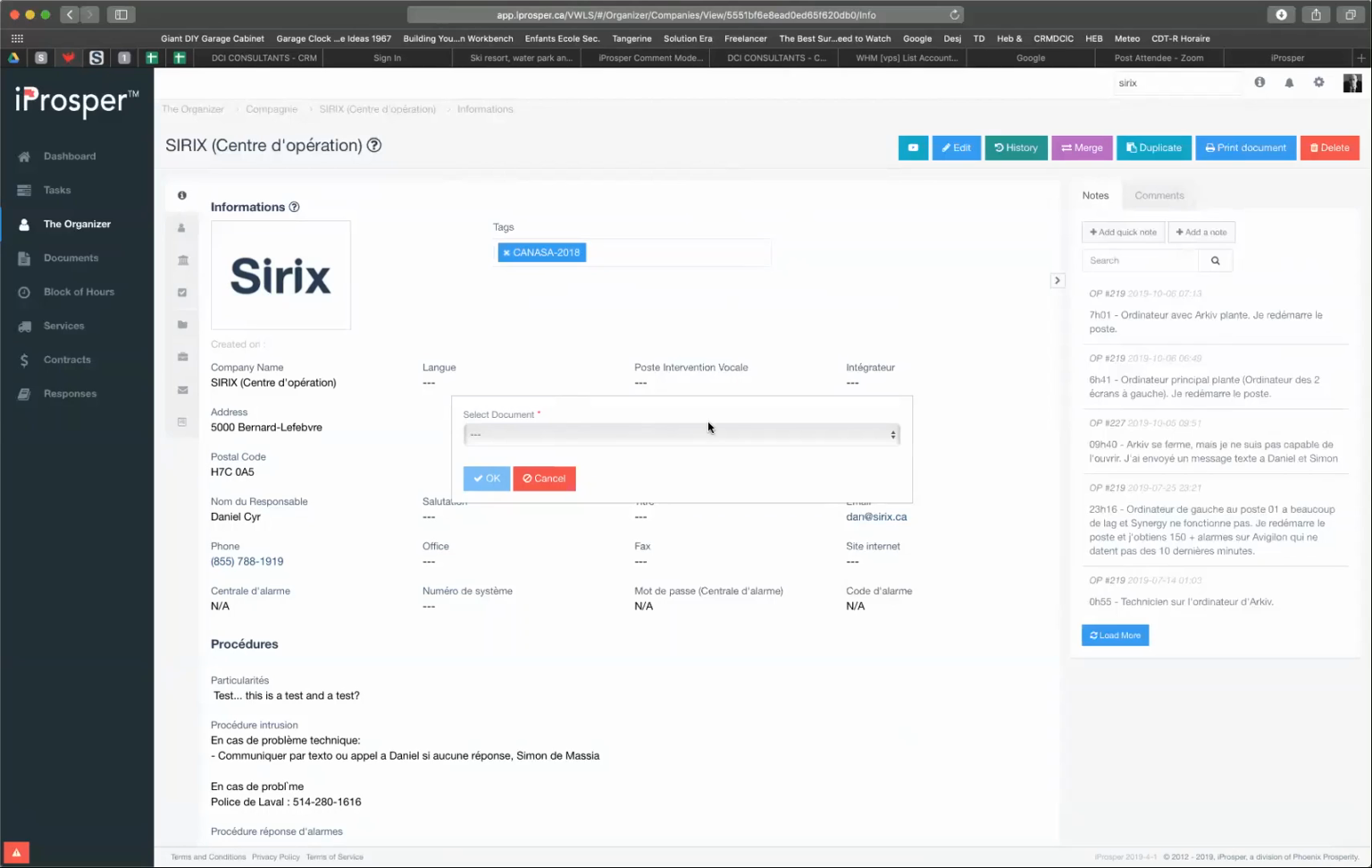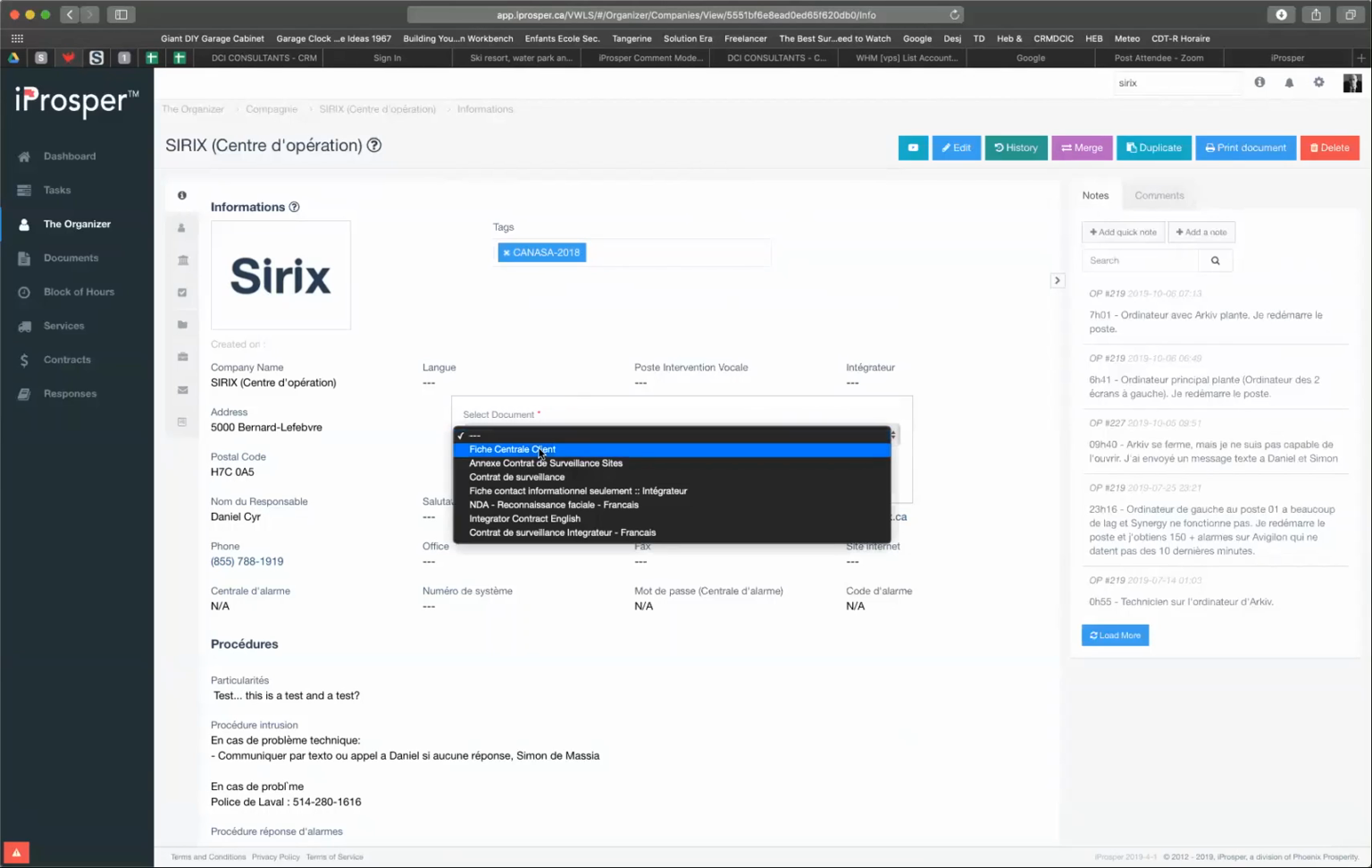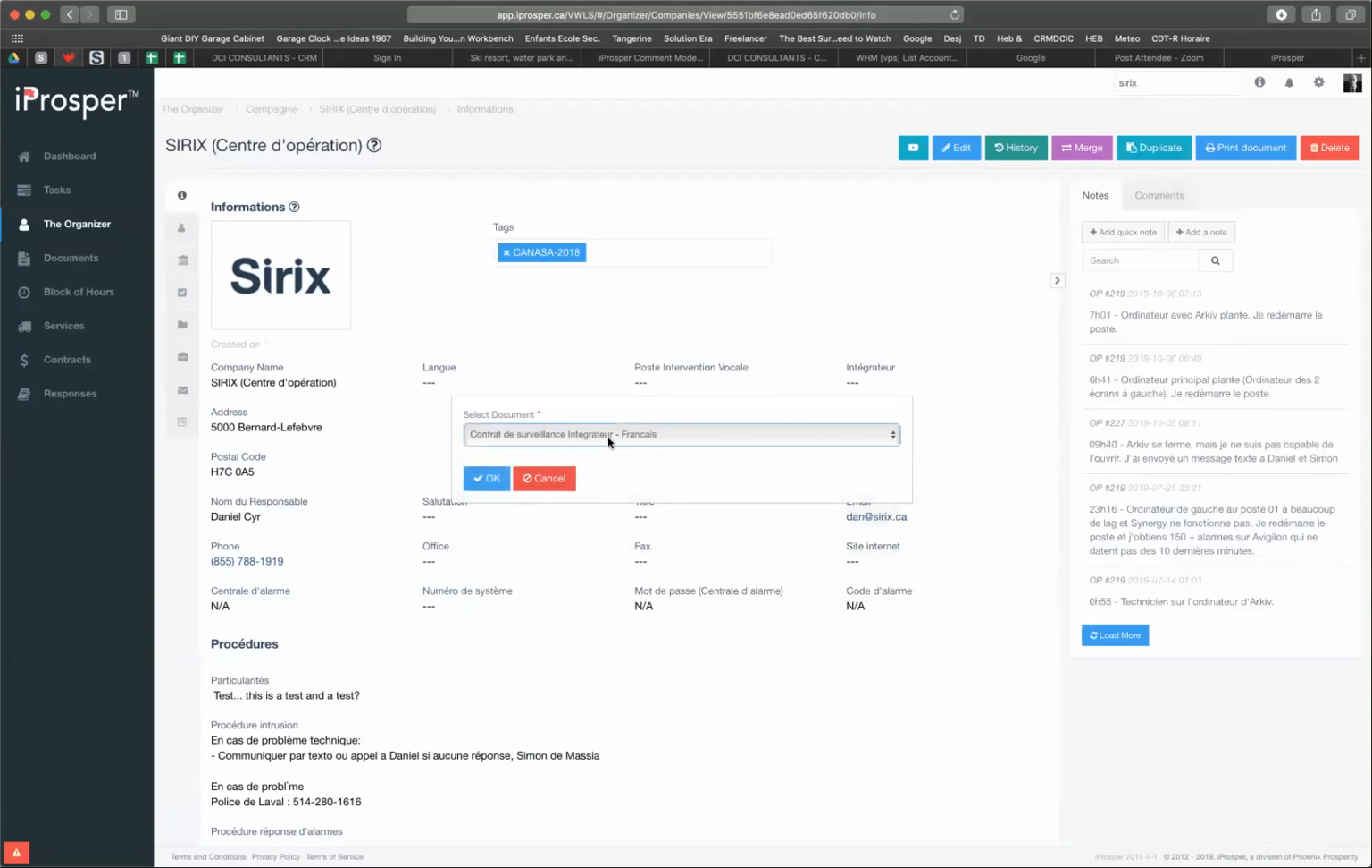Documents allow you to print documents with any information pertinent to your company or contact. So I'll give you an example. Let's say you have a contract that you get signed, or a form, or a profile. You want to send out a profile of your customer to your customer, basically to know if all the information